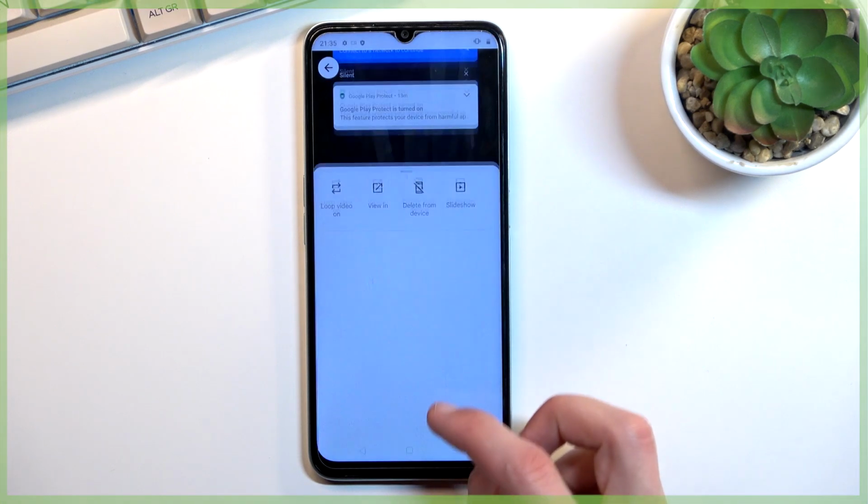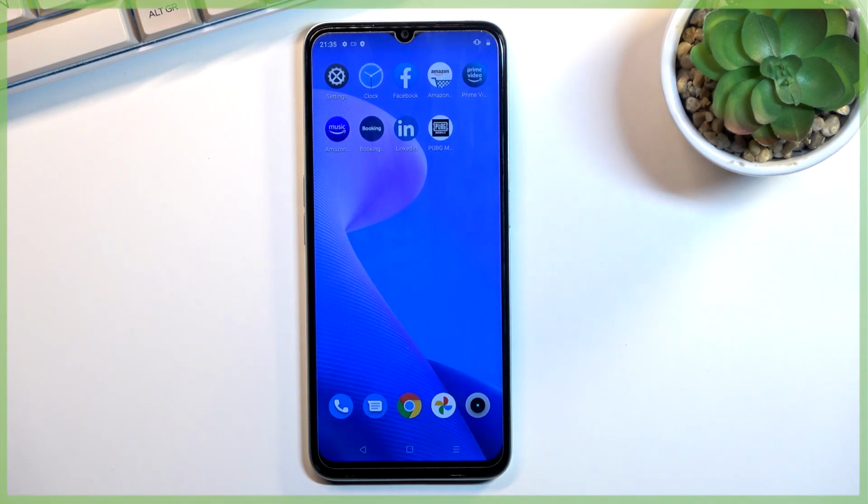So anyway, this is how you can record your screen on this phone,